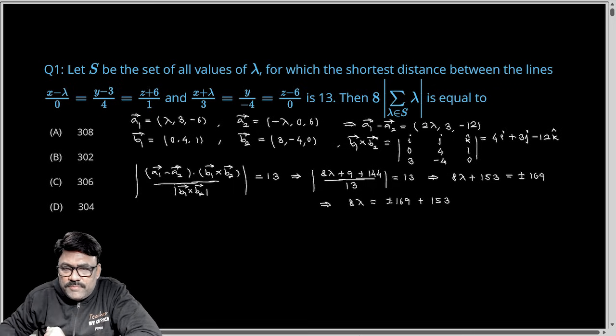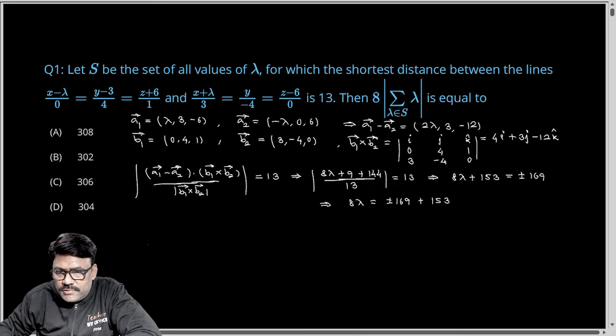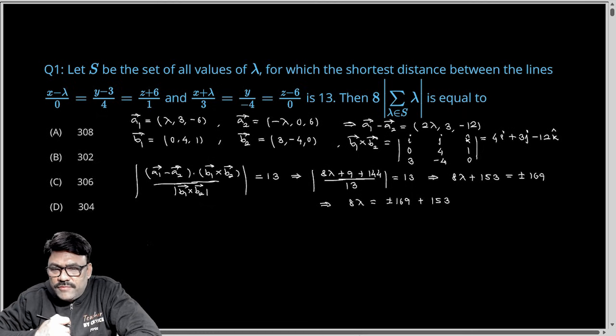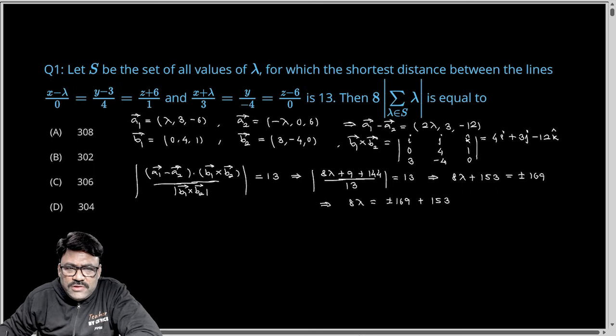Now they are asking simply the summation of lambda, mod value, right? One value is 153 plus 169. The other value is 153 minus 169. So the net sum will be basically 153 and 153, which means 306. So hence the summation of lambda